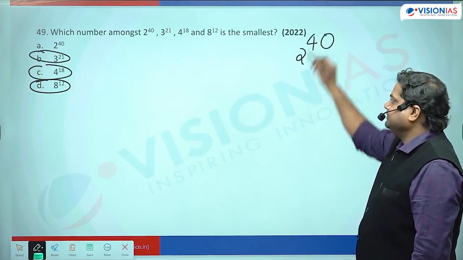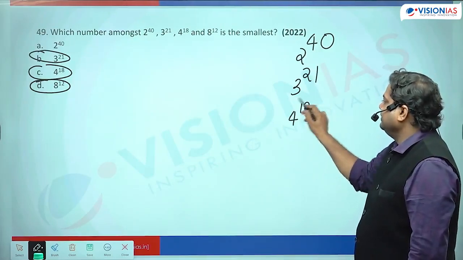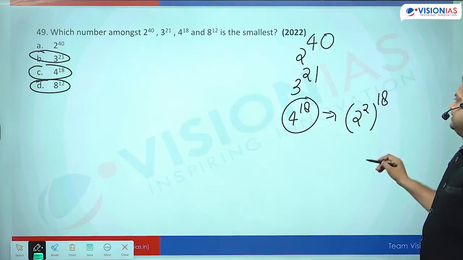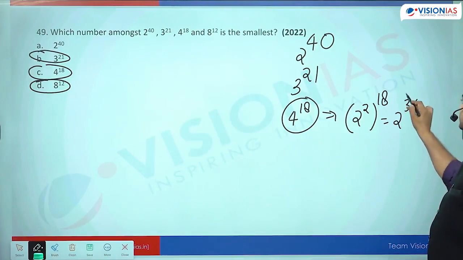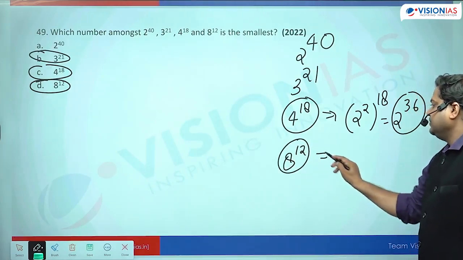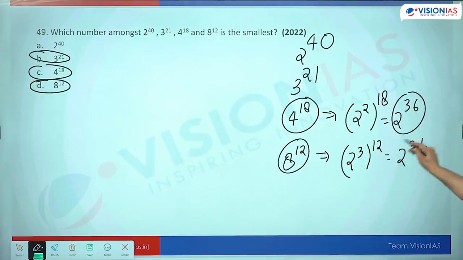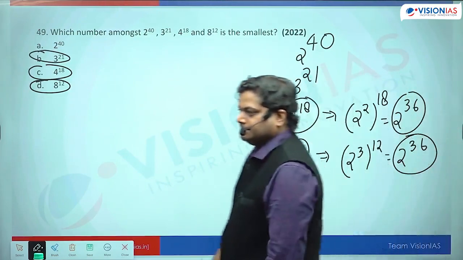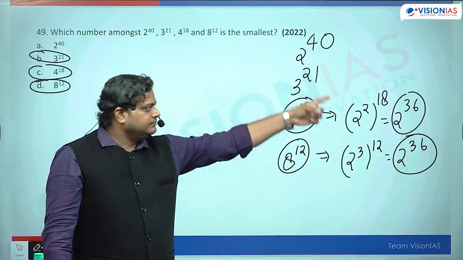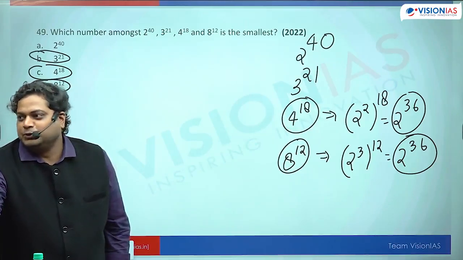सो फर्स्ट इज 2 के पावर 40, सेकेंड इज 3 के पावर 21, फोर्थ इज 4 के पावर 18। इसको वी कैन सिंप्लीफाई, 4 को वी कैन राइट 2 के पावर 2 के पावर 18, तो ये क्या आ गया 2 के पावर 36, देन 8 के पावर 12, इसको वी कैन राइट 2 के पावर 3 के पावर 12, दिस इज ऑल्सो 2 के पावर 36, देन कौन सा बड़ा हो गया 2 के पावर 40, 2 के पावर 40 कैनॉट बी स्मॉलेस्ट,